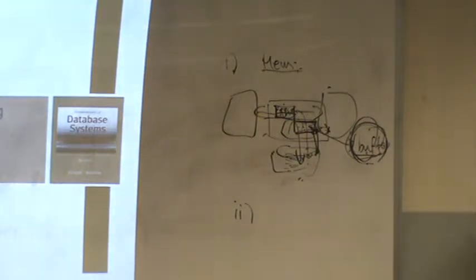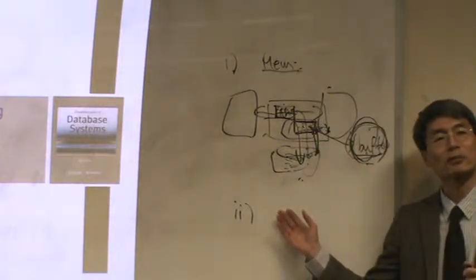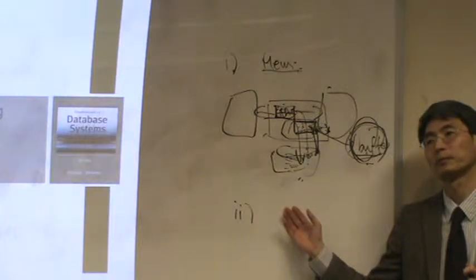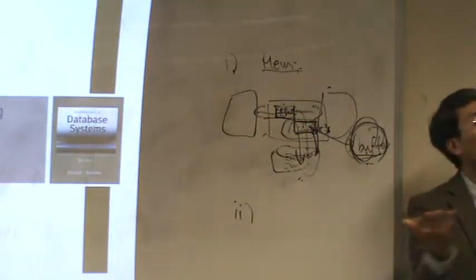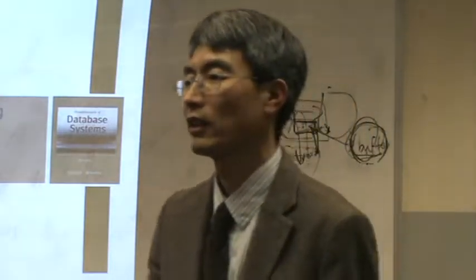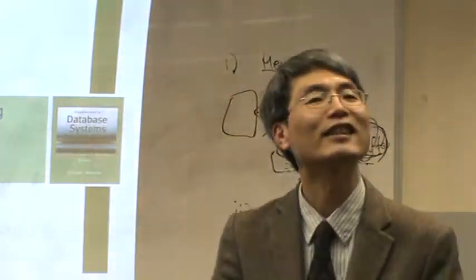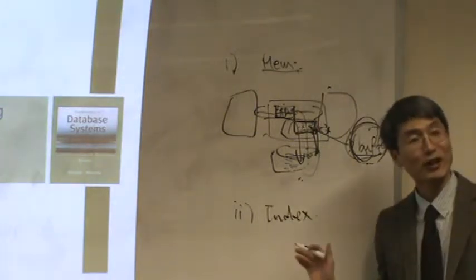The second part is to speed up the DBMS. Anyone can guess how we can make the DBMS a speedy, efficient system? When we access the data, when you look up any information using the textbook, what is the best way? Sorted index. You can use an index. Same thing. When we access the data, we can use an indexing data structure.